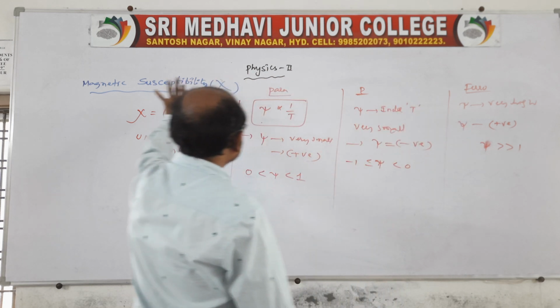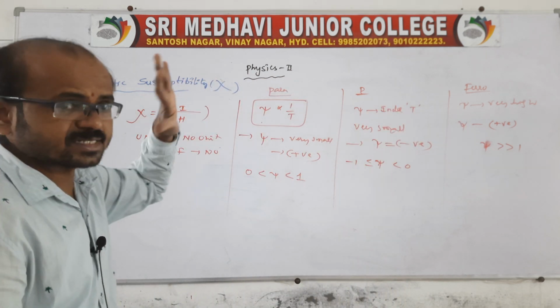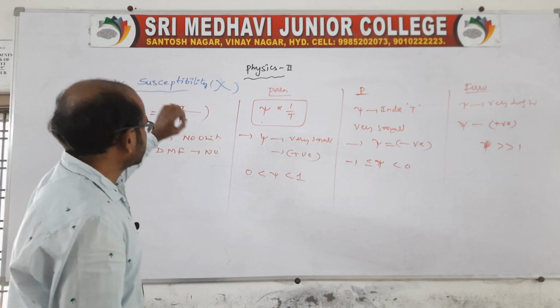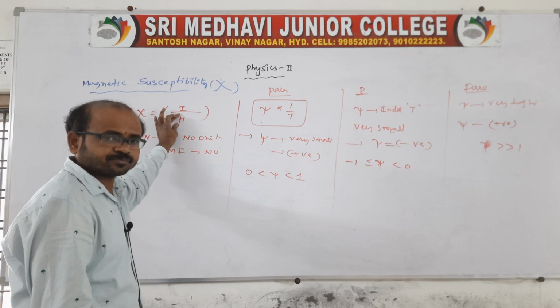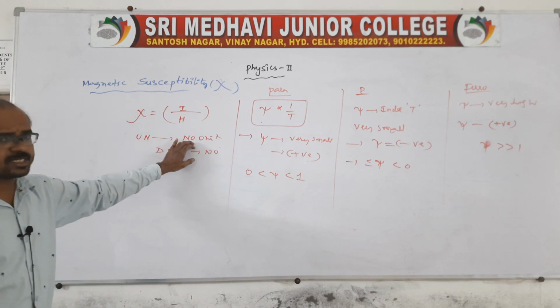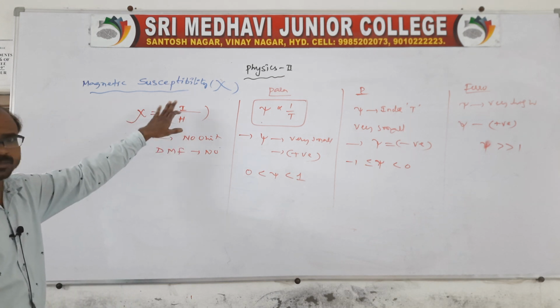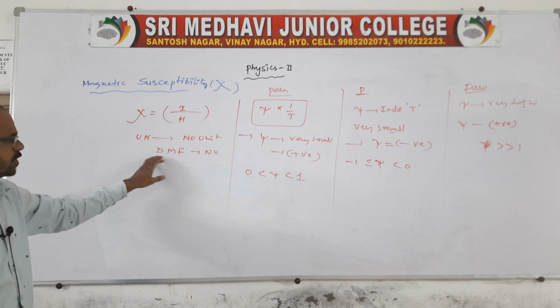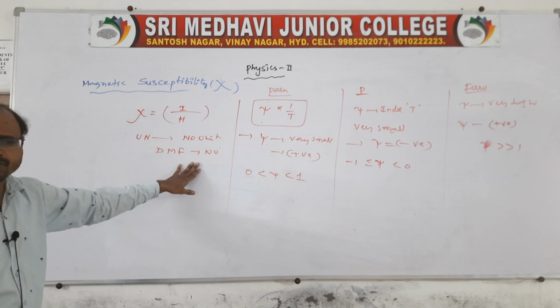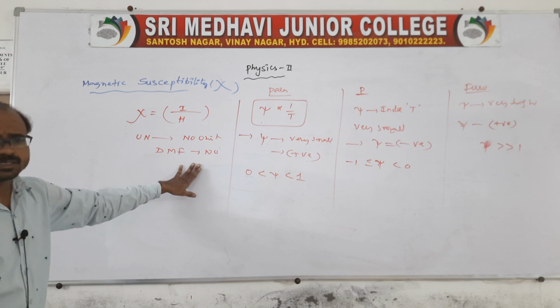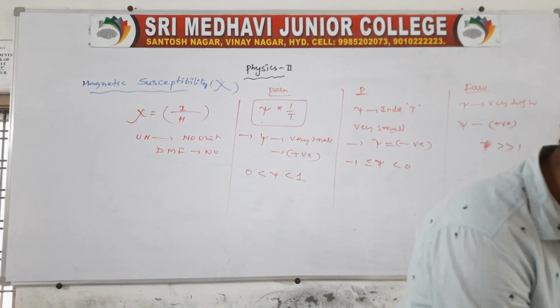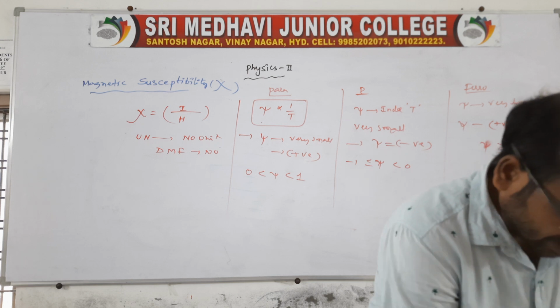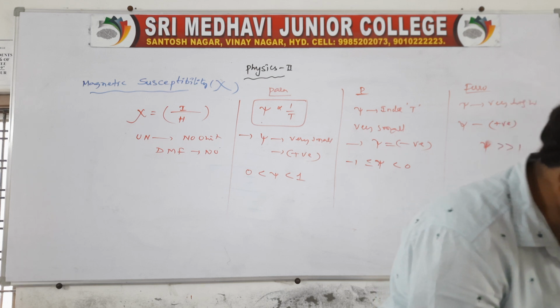So that is about magnetic susceptibility. Xi is the ratio of intensity of magnetization to intensity of magnetizing force. So it has no units because both the units are the same. The units are cancelled, and there is no dimensional formula; of course, the dimensional formula will also be cancelled. So that is the relation related to the susceptibility.